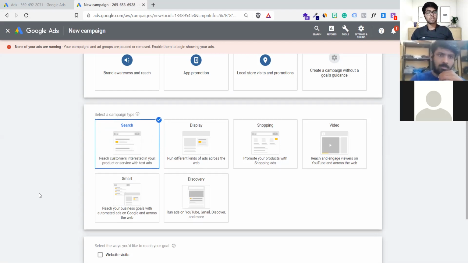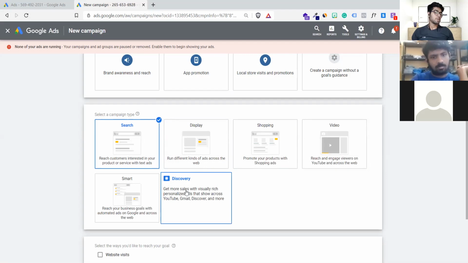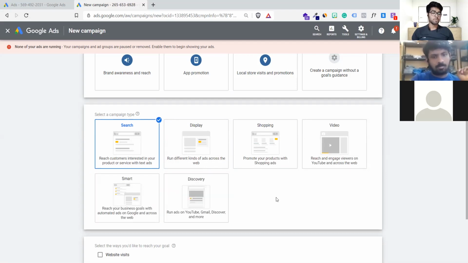It only appears when people search, while the rest of the campaigns appear even if they don't search, like on YouTube. You don't search for anything, but while watching a video, it shows your related interest videos, correct?